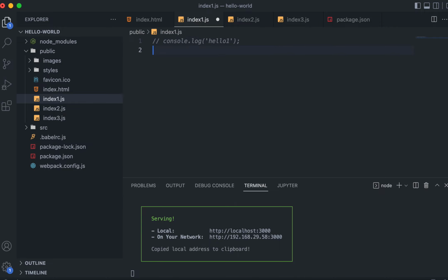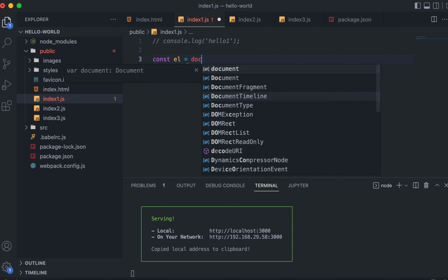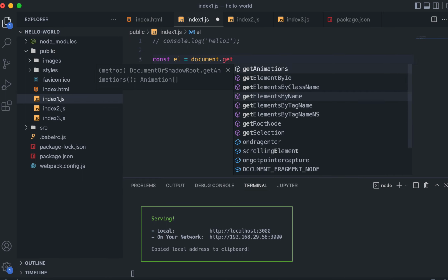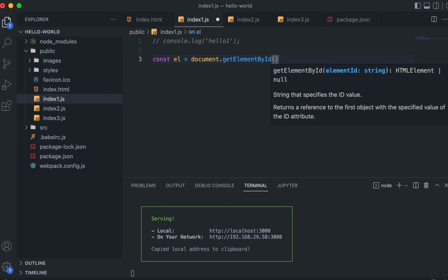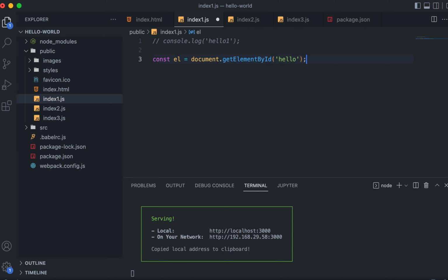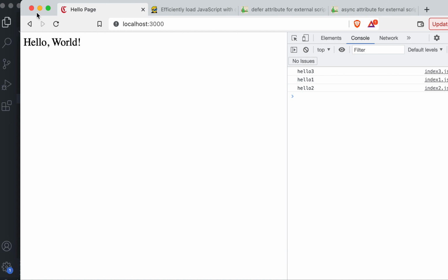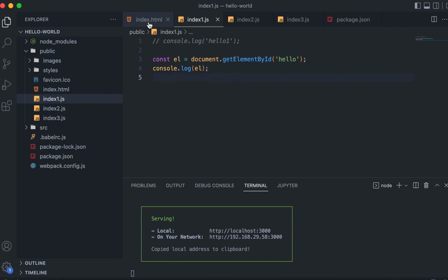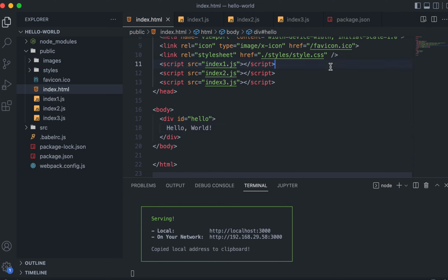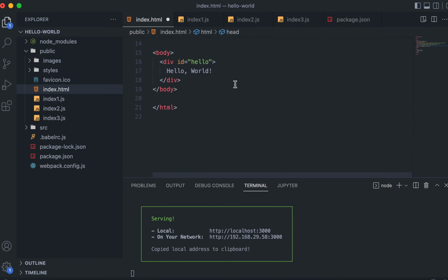let's comment this, and let's try to get that element and print that element. So el is equal to document.getElementById. You can use querySelector too, but I'm trying to just get the reference and print the element. You can see what happens, that it is null, right? But the same thing, if I take this, right, and add it here,